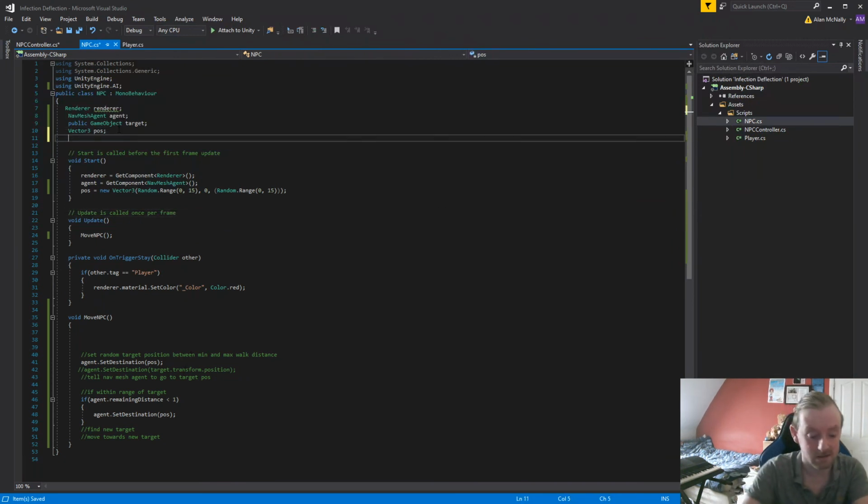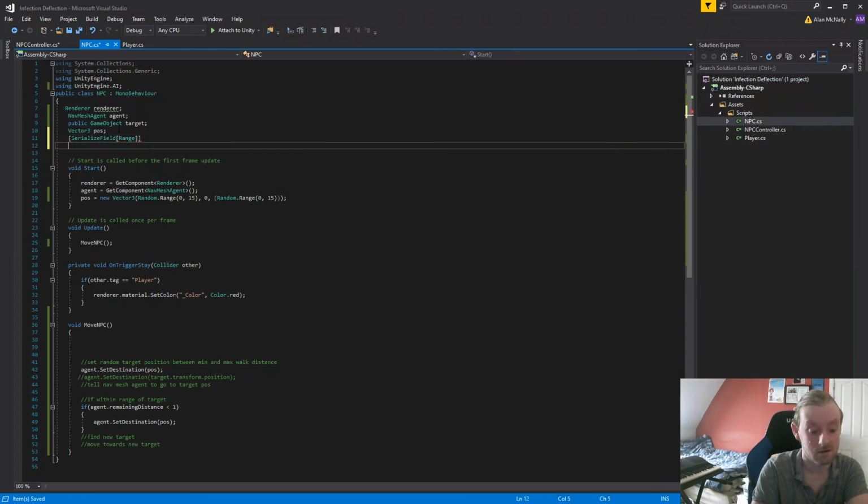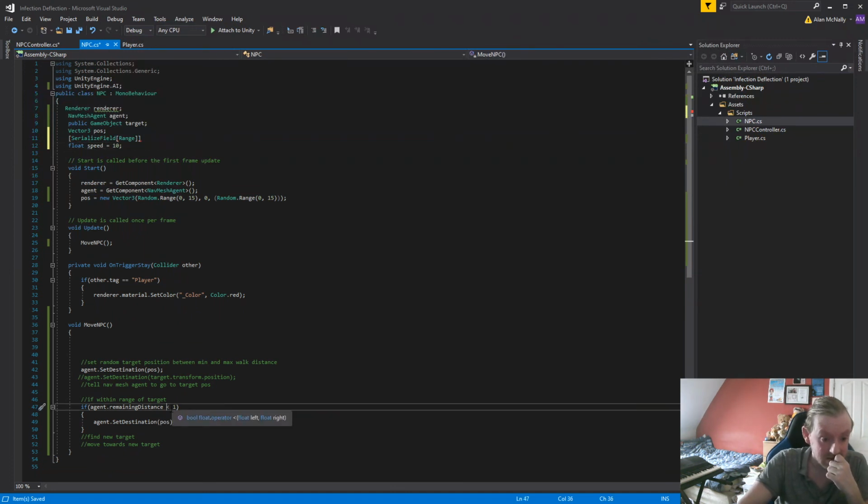We're also going to put in a serialized field, range, float, speed. And we will default that to 10. Just in case, I think I can do it. Right, so if agent.remaining distance is less than or equal to 1, we are going to say